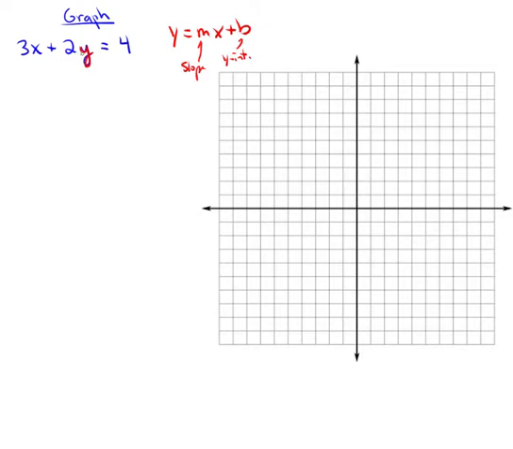So we want to get it into that slope and y-intercept. To do that first, remember, we need to move this 3x to the other side. To cancel out that 3x, we subtract 3x from both sides. Remember, we can't add or subtract it from the 4 because that 4 doesn't have an x, so we're just going to keep them separate. Those zero out, and we're left with 2y, which is highlighted, equals,